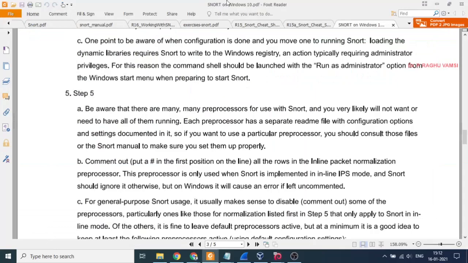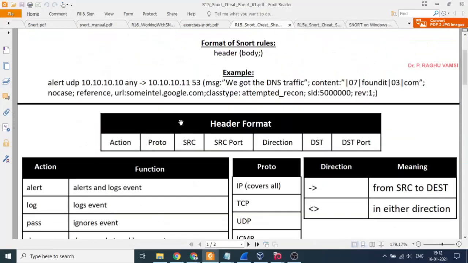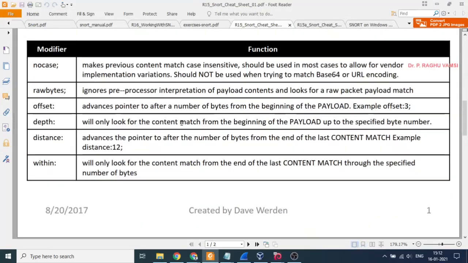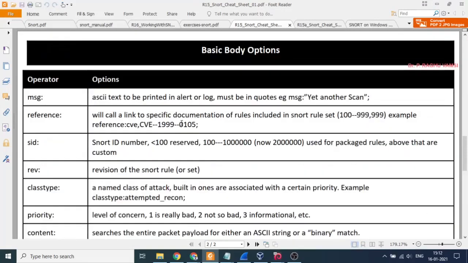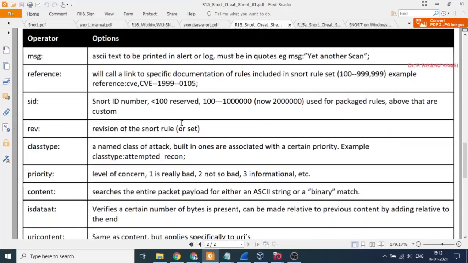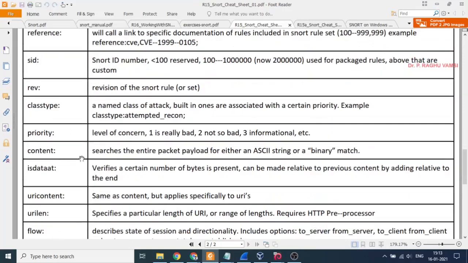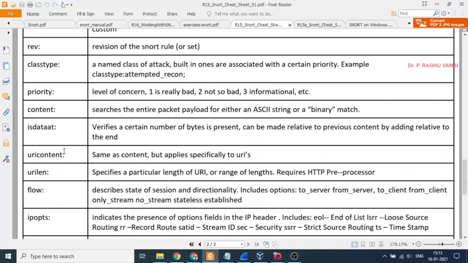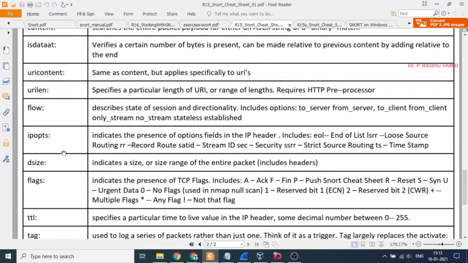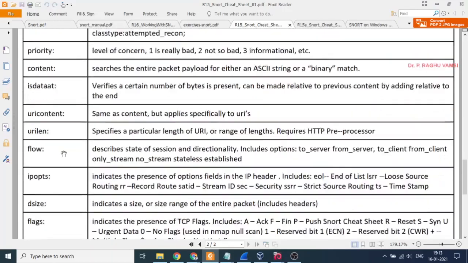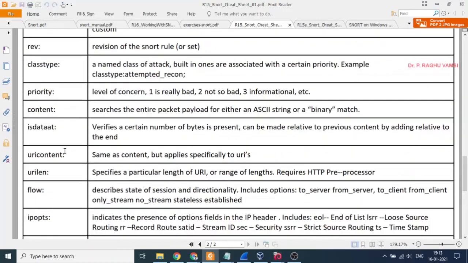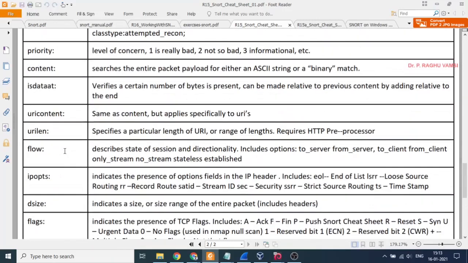And if you look at the Snort cheat sheet, you will find various modifiers here, like nocase, rawbytes, offset and all. We can use the SID, we have used the revision, we have used class type, content is there, okay. We can use the content type, and we can also use the type of the data, that is the type of the request. So let us see if any request related thing is available.